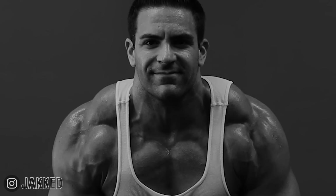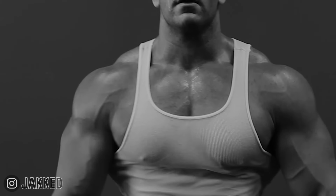Massive traps, a thick neck, and shoulders that seemingly attach all the way up to your ears. That's what we're talking about when we use the term yoked. And the traps are a body part that's a bit more unique to develop than some of the others, in